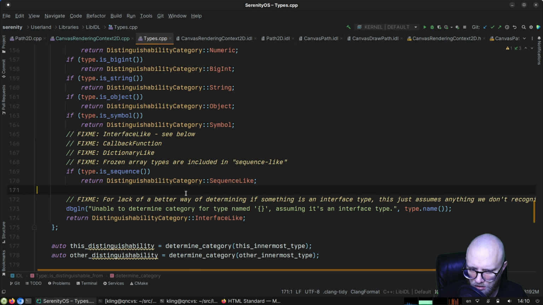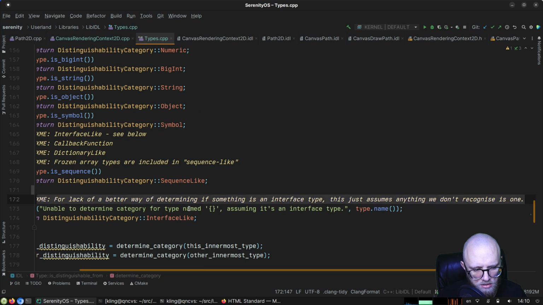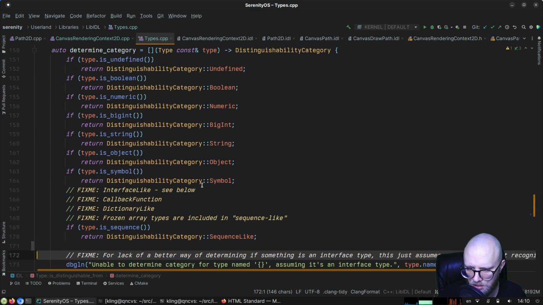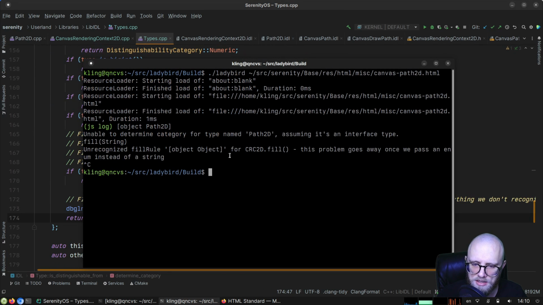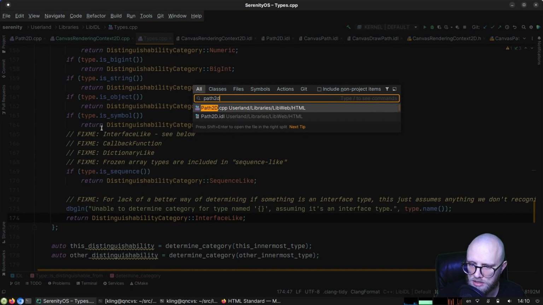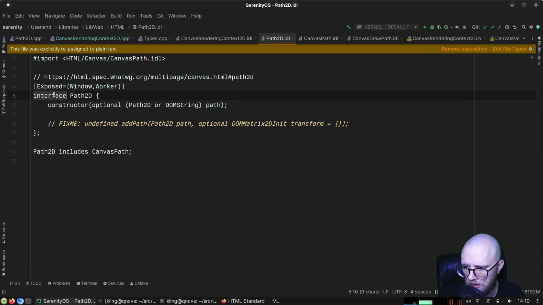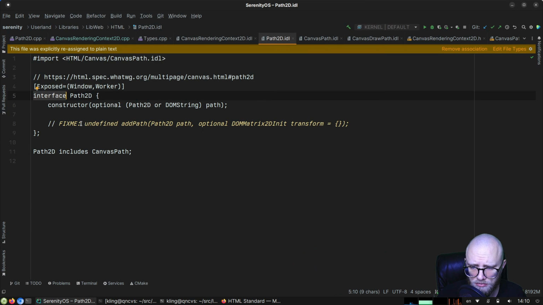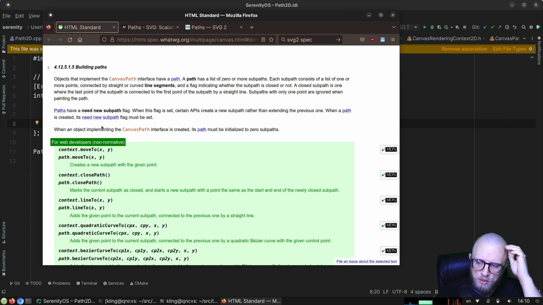Interface, like, see below. So right now we just assume everything that we don't recognize as one of the above things is an interface. But the thing is, it's correct that it is an interface. So the assumption is fine. Path2D is an interface, as far as I know. Interface Path2D, right? There's an interface that includes canvas path, but it is an interface. So,